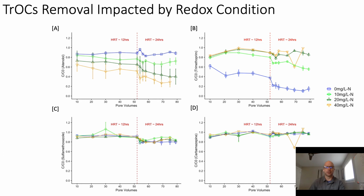Here we're comparing trace organic attenuation for the 3 compounds that were attenuated, as well as a representative recalcitrant compound. Atenolol in panel A underwent the largest transformation in the nitrate reducing conditions found in 20 milligrams per liter, seen here in the dark green, and 40 milligrams per liter,